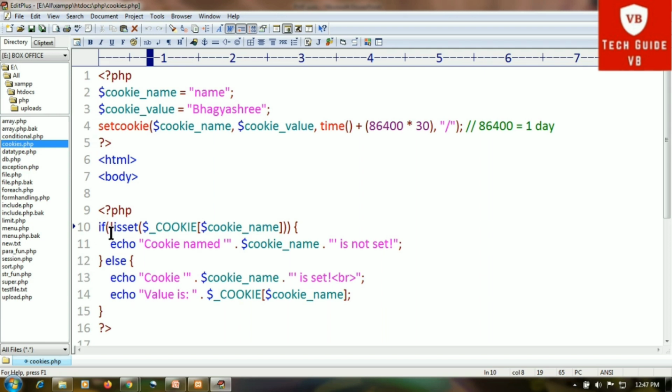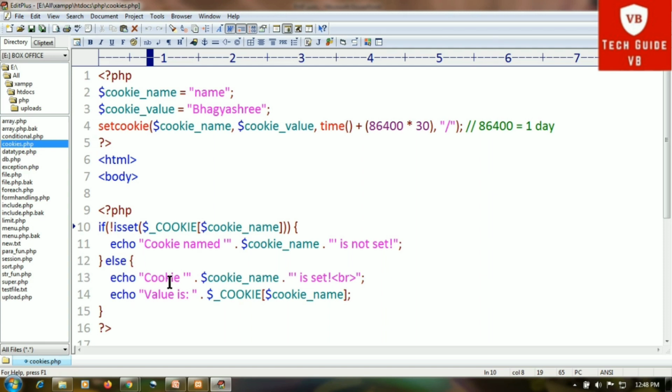isset is the function to check whether the cookie is set or not. If isset($_COOKIE[$cookie_name]), we are checking whether the name cookie is set or not. If it is set, this returns true. Here we have used the not operator, so if it is not set, it shows the message.